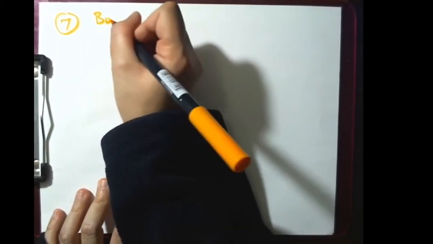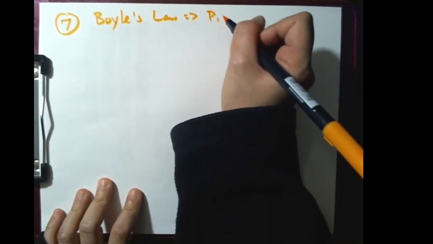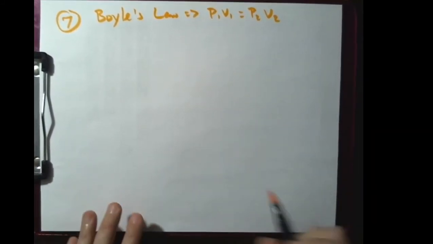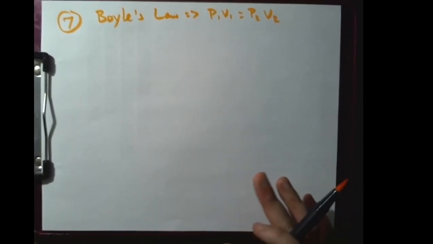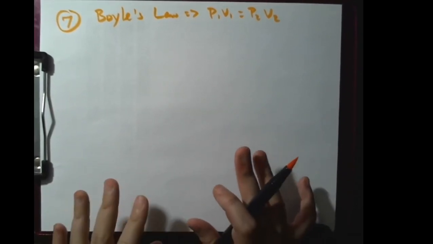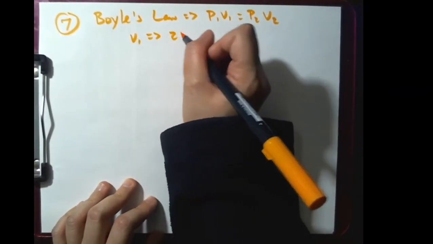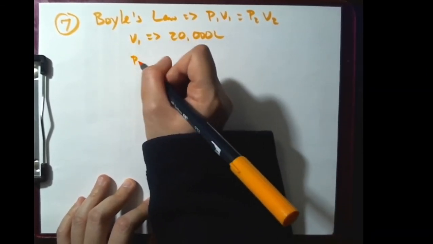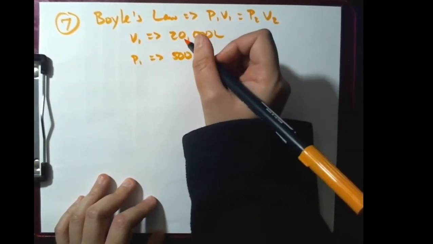Question number 7. And as always, we're working with Boyle's law. This is never going to change for these exercises. Now this next question is asking, back to the space shuttle. The living quarters have a volume of 20,000 liters. That hasn't changed. And this time it's giving us the atmospheric pressure, which is the pressure, at 500